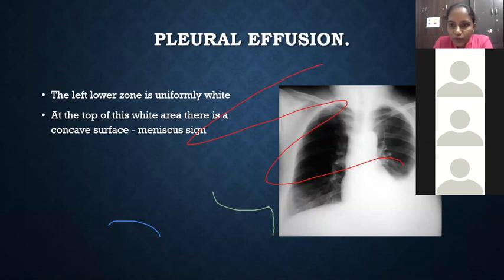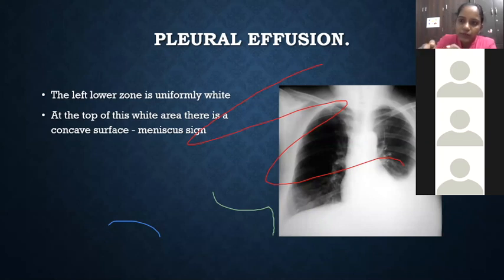So the left lower lobe is uniformly white, and you don't see any bronchovascular markings in the left lower zone. And there will be a meniscus sign. Meniscus sign is when the fluid forms a meniscus. Actually, in the meniscus sign, there's something called the S sign, an S-shaped curve, where there will be a